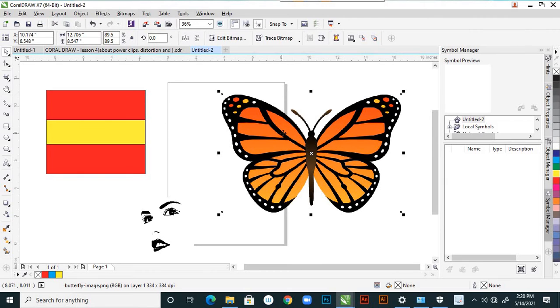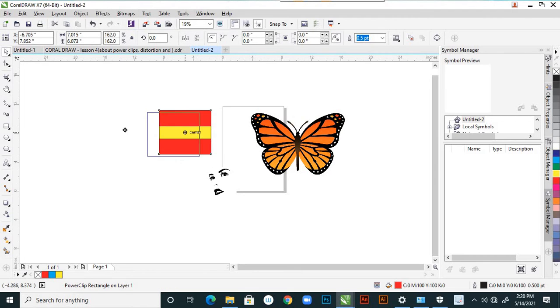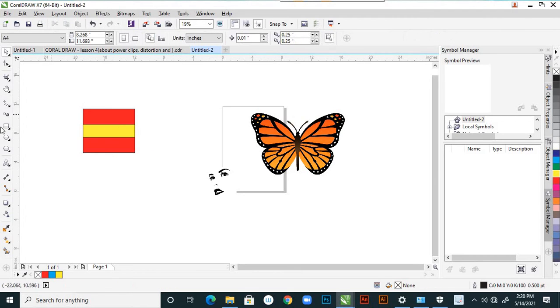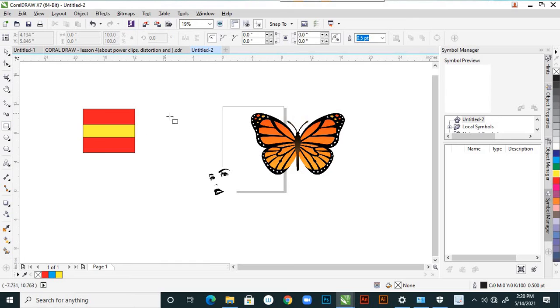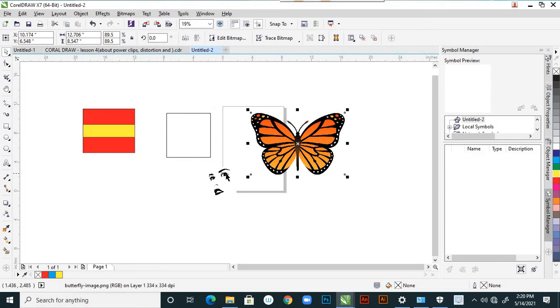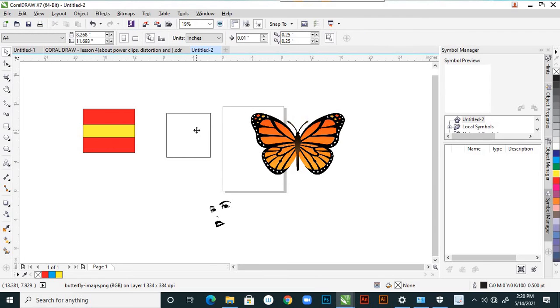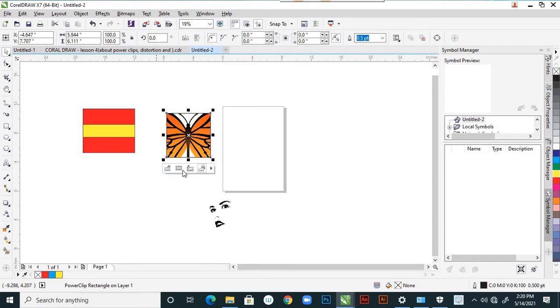And now I want to add a PowerClip. It's already added here, so keep this on this side, and again this is my box here. You can fill color, or otherwise leave it as it is, no problem. Then select this butterfly, keep this image here, select this butterfly and right click, PowerClip Inside, and see, it is added into that.